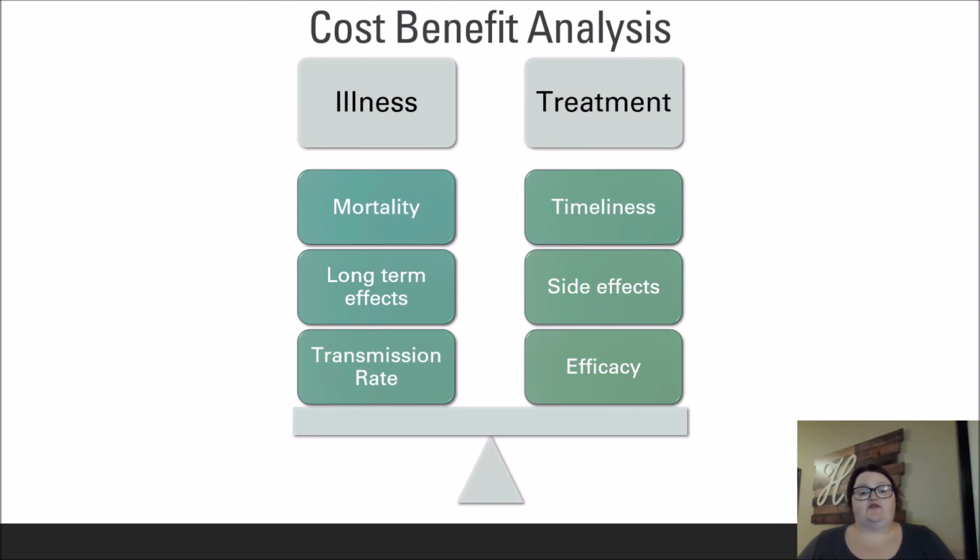It is important that the disease itself, as well as the long-term effects of infection, are considered when deciding upon various routes of treatment. However, it is important that the consequences of the treatment be explored as well, including side effects, effective doses, and the overall efficacy or usefulness of the drug itself. The following slide provides you with an opportunity to see how some of these ideas are connected together. Feel free to pause the video and explore the connections between these topics. Then, use the statements at the beginning to review.